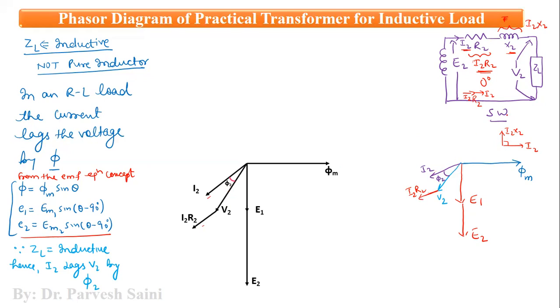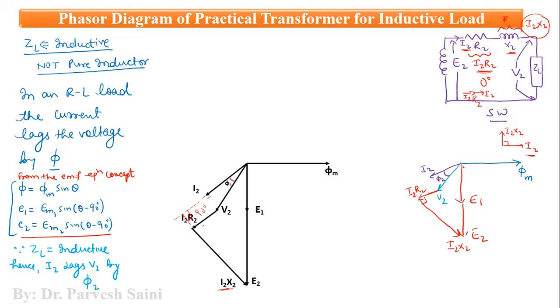So we will draw this voltage phasor also, this I2 X2, because I2 X2 will lead this current I2 by 90 degree. So we will draw this at 90 degree from the angle. If you extend this here, this phasor I2 X2 is leading the current phasor I2 by 90 degree. So let us draw here. Take angle 90 degree and draw it like this. Okay, so this is our I2